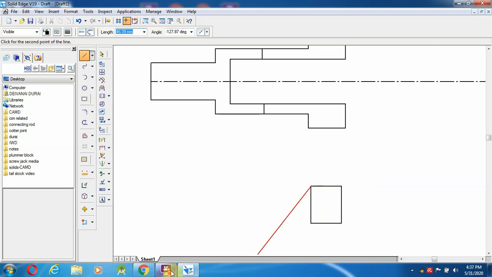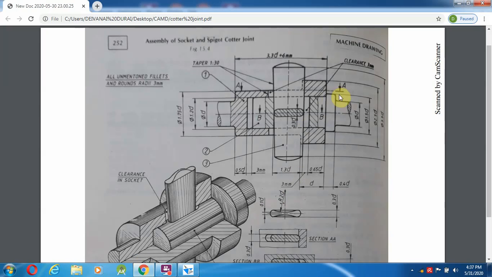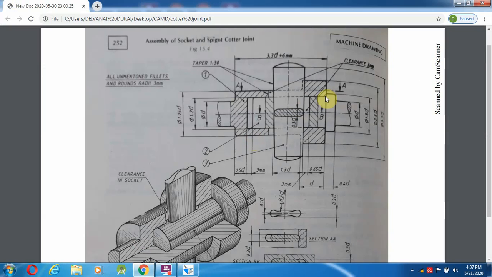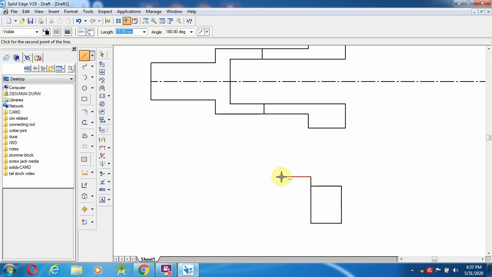Then from here, what is the diameter of this one? That is the 1.5d. So 1.5d we are getting as 30 mm. From both the sides 10 mm, because already we have drawn 20 mm. So 20 mm means both the sides 5 mm, 5. And how much length does it have to go? The length from here to here is 0.4d. So 0.4d, 0.4 into 20, we are getting as 8 mm.